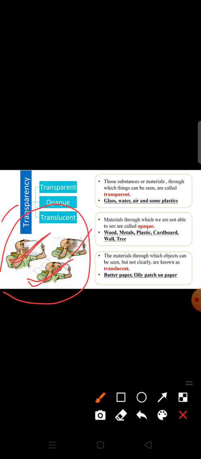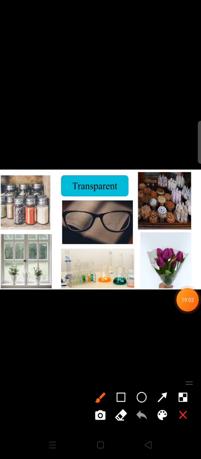Okay, now here you need to understand why your mother keeps spices in transparent bottles, so that she can use the spices without opening the bottles. Okay, that is why she keeps the spices in transparent bottles.